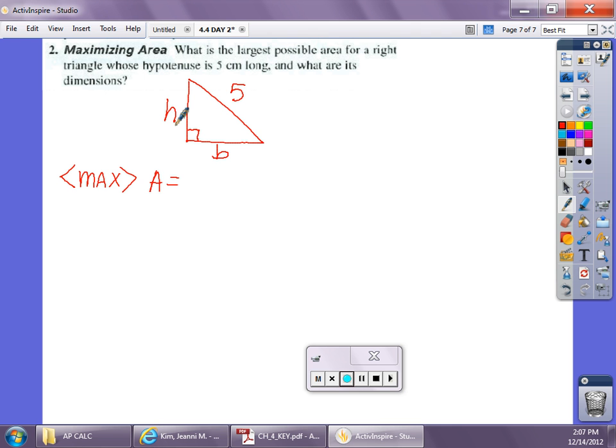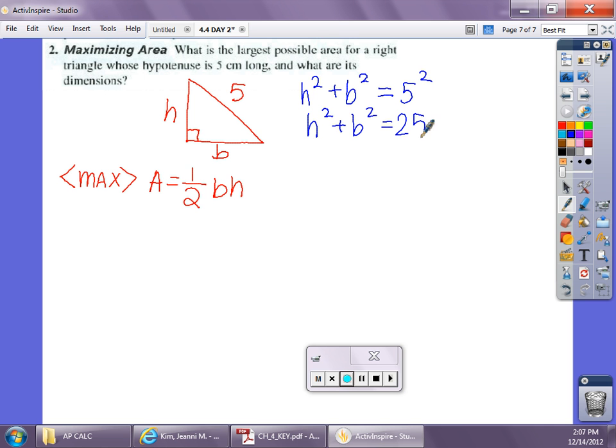Here's your base, here's your height, and the area of a triangle is 1/2 base times height. We know that there are two variables, b and h, so I must have more information to use to be able to eliminate a variable. Now, it's a right triangle, so the only thing I can think of that relates to all three would be Pythagorean theorem. So we get that h squared plus b squared equals 25. Pick a variable